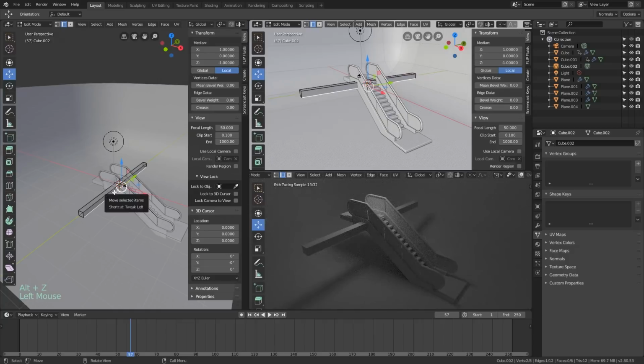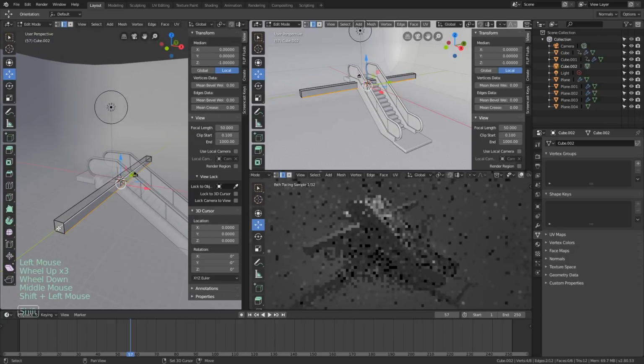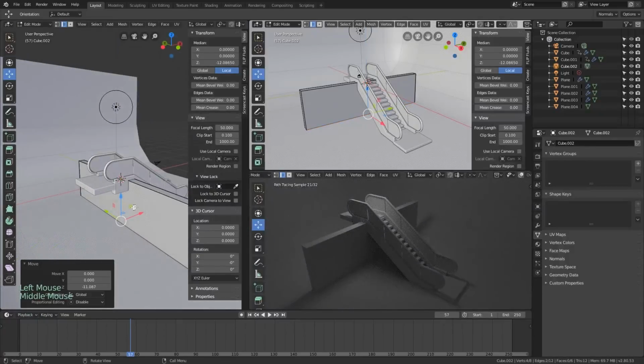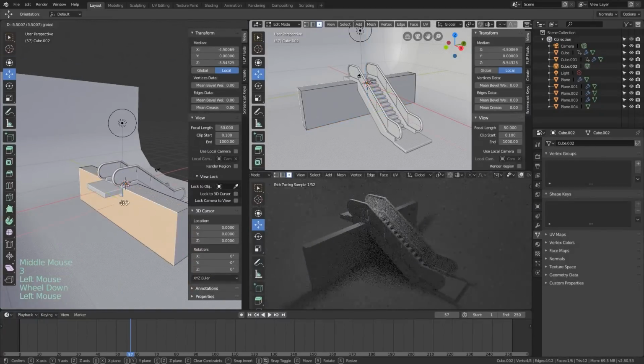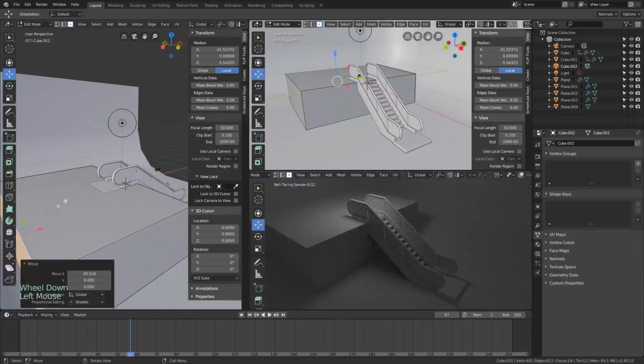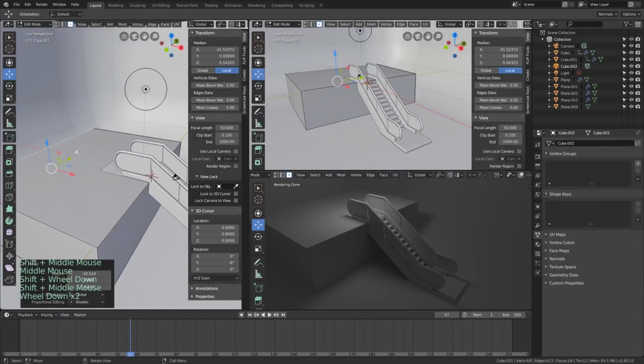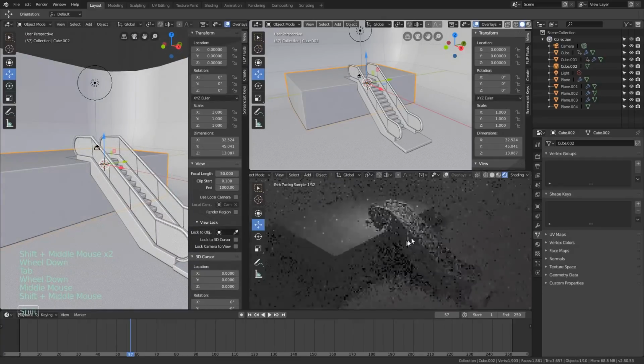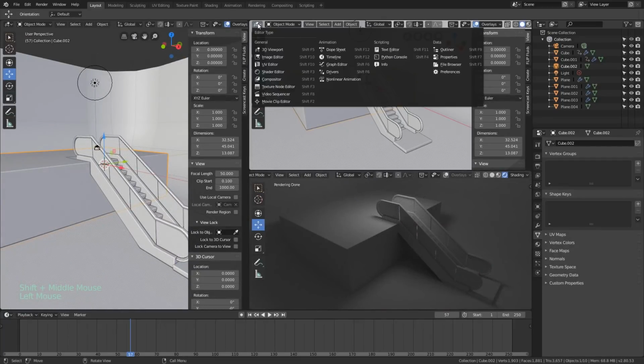Maybe we need to just select this bottom face here. Make that go down to the floor. Select this face, let's kind of drag that out. Nice, nice. Very, very beautiful. Okay. Maybe we get some cool colors too.